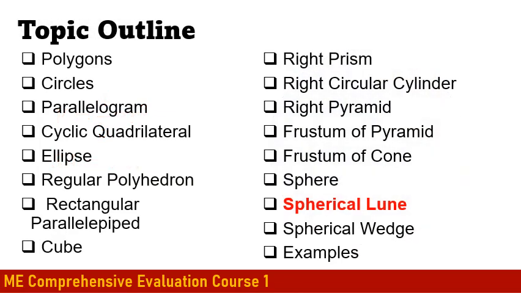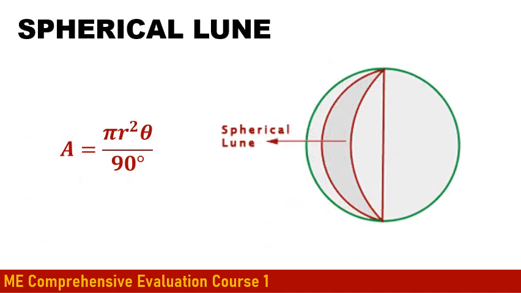Then we have the spherical lune. The spherical lune is actually a surface. It's not a volume. So this part here is a surface. To get the area of this surface, you will use this formula here, pi r squared theta over